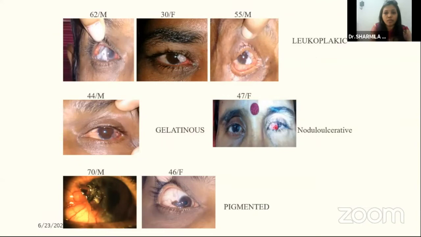So there can be different morphological variants. You can have the leukoplakic variant where you have a hyperkeratinized epithelium, gelatinous, nodulo-ulcerative form, pigmented OSSN. Now this pigmented OSSN can be a differential diagnosis for melanoma also. And once we got a case where we thought it is pigmented OSSN, I mean, it looked like that,